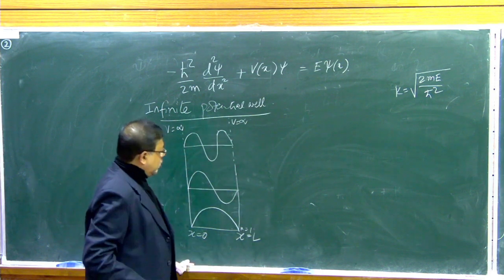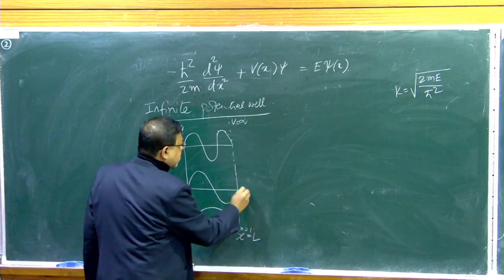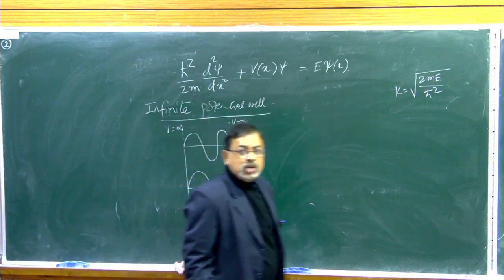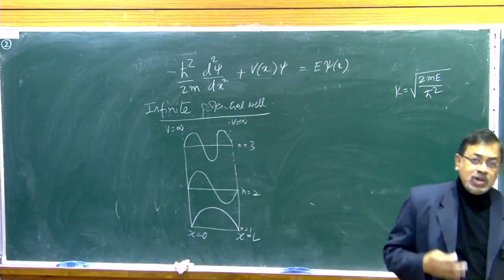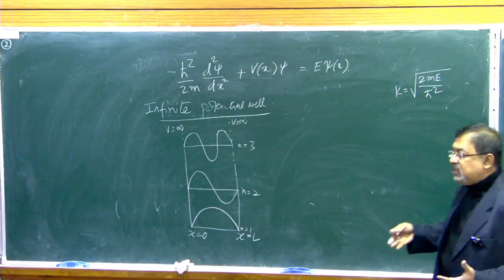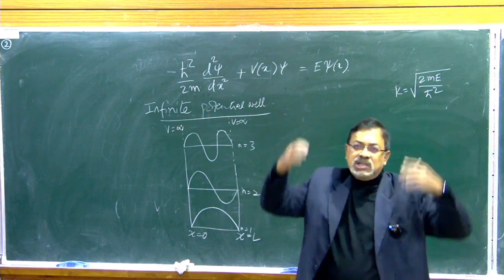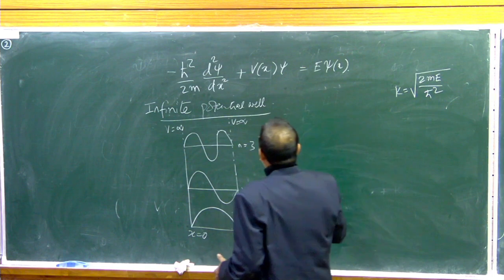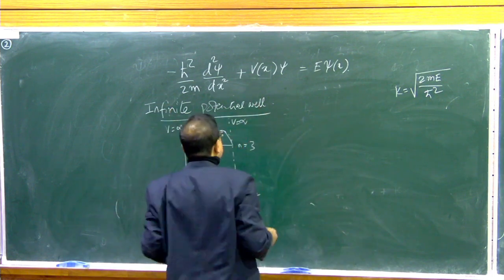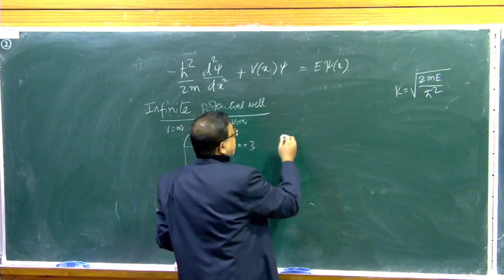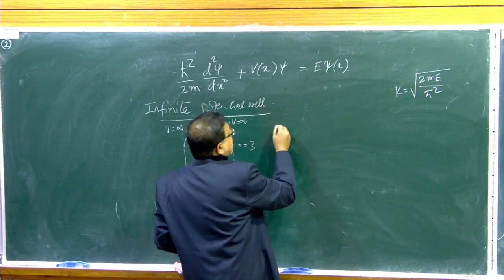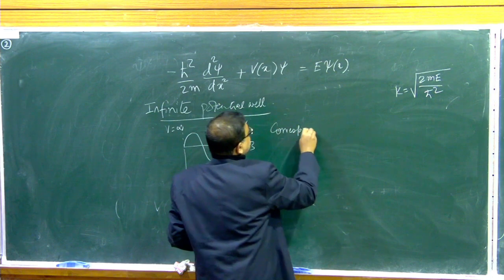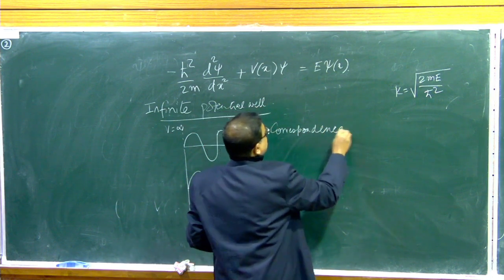And so on. So this is n equal to 1, this is n equal to 2, this is n equal to 3, and n equal to 4, and so on. It shows more and more oscillations as you go to larger and larger energies. And so, what is it like if you go to very large energies? That's called the correspondence principle. The correspondence principle says